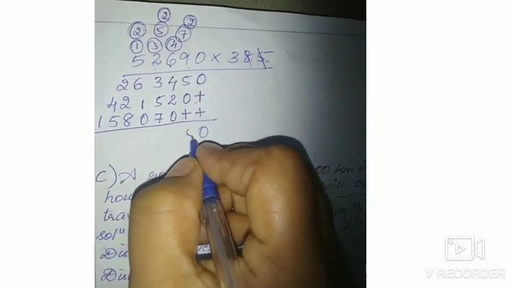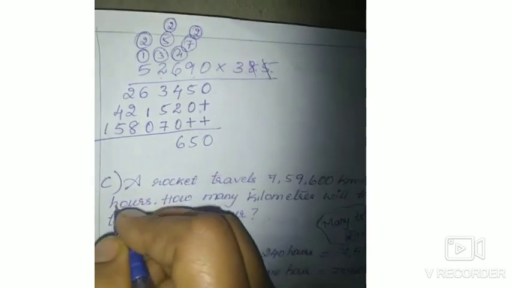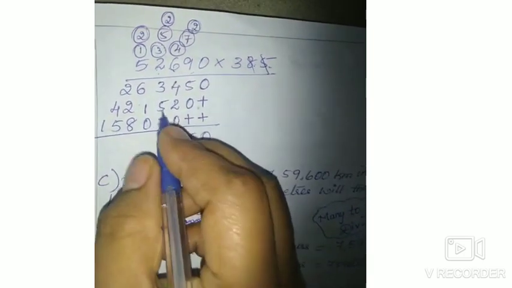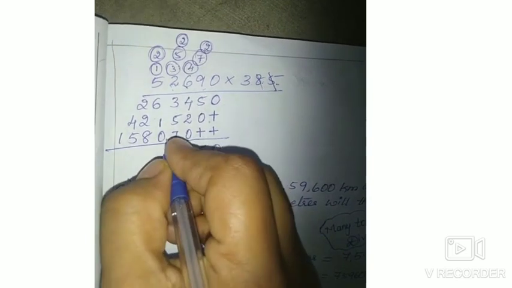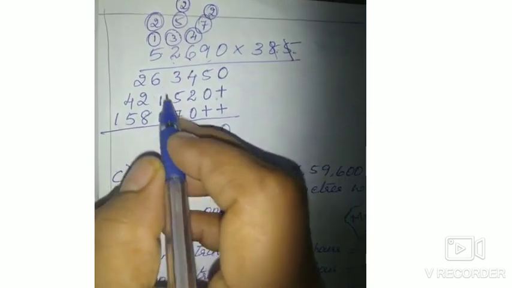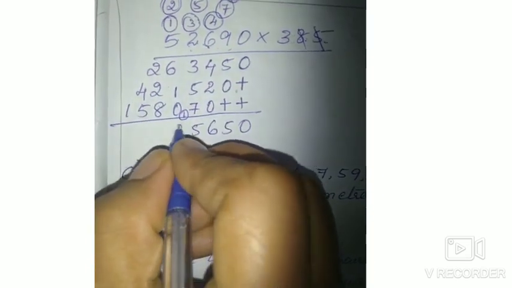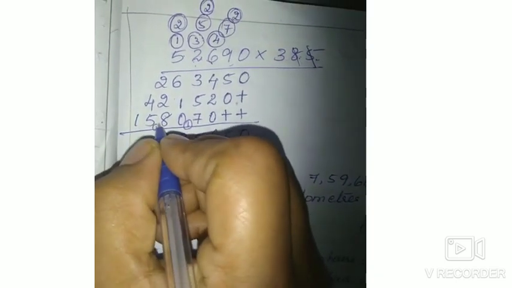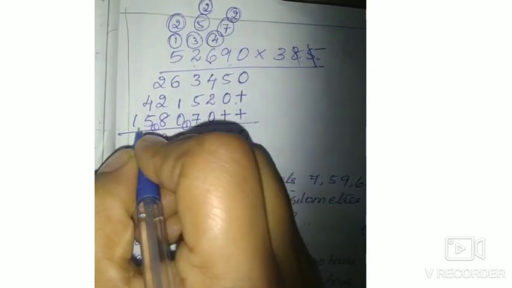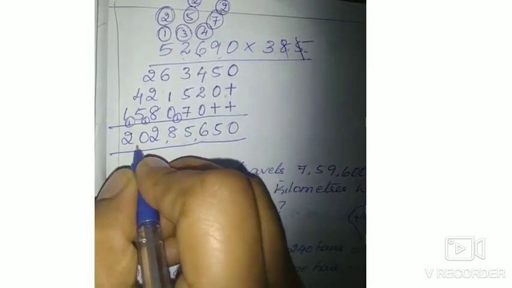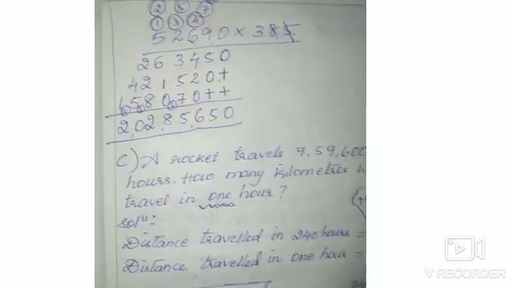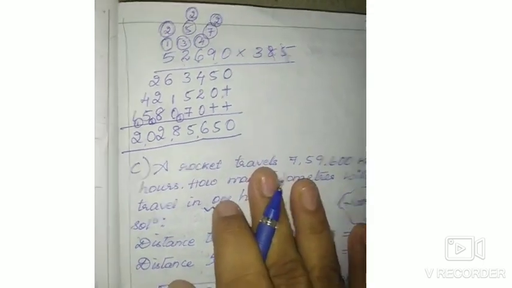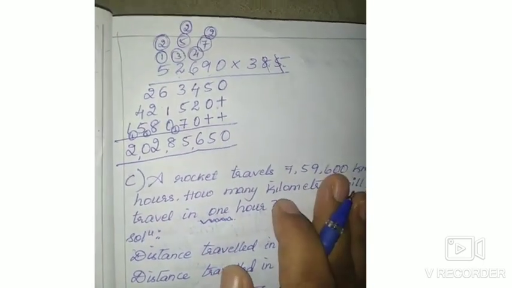0 plus 0 is 0, 5 plus 0 is 5, 4 plus 2 is 6, 6 plus 0 is 6, 5 plus 3 is 8, 8 plus 7 is 15, 1 carry. Don't take this carry here because it's an addition carryover. So 6 plus 1 is 7, 7 plus 1 is 8, 2 plus 2 is 4, 4 plus 8 is 12, 5 plus 5 becomes 10, 1 plus 1 is 2. Try the multiplication part by yourself and check the answer, children, so that you can learn very easily to multiply.